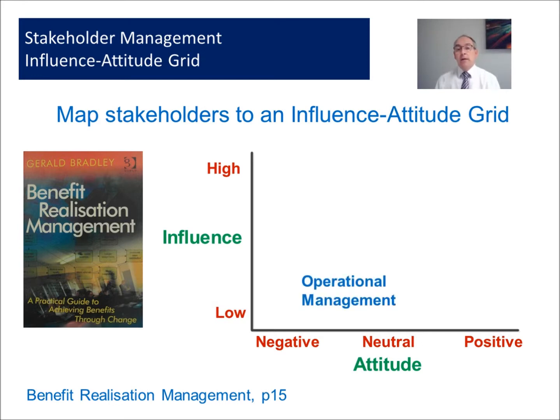So for example, it could be operational management have a fairly negative attitude to the project. Their influence is low to medium. The board of directors may overall be quite positive, and of course their influence is high. A CEO sponsored project would have someone who's got high influence and is very positive. And the end users may be positive about the outcomes, looking forward to the new implementation, but their influence overall is quite low. Finally, there could be regulators. They've got a neutral attitude about the project, but they have very high level of influence, perhaps for statutory reasons.